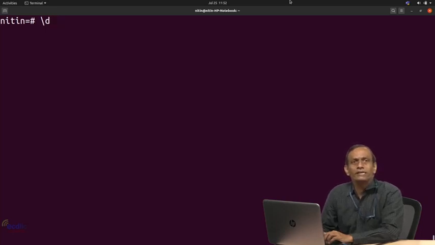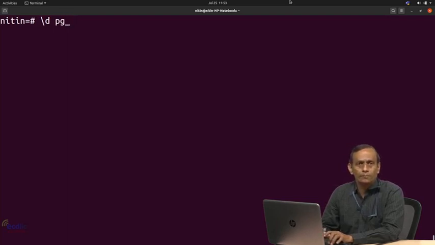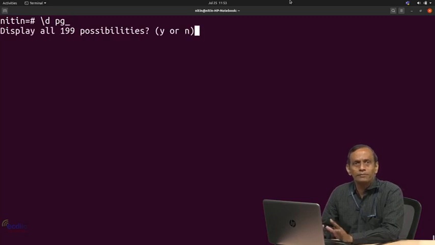Whenever we create a database, at that time a few things are automatically added by the database server, for every database that you create. So if I try writing pg, meant for Postgres, put an underscore and press tab, the majority of these would be information used internally by the database system to manage user created objects.